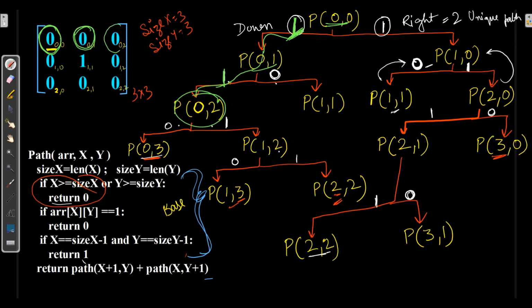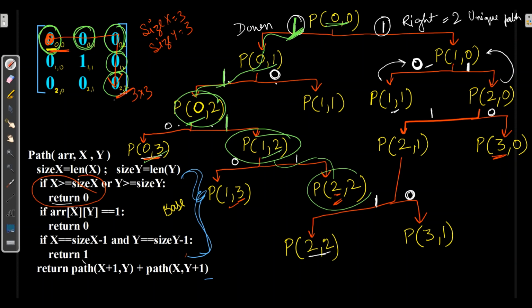So I will circle this path. Then choosing from 0, 3 and 1, 2, there is 1 for 1, 2. So I will circle 1, 2. Then there is a 2, 2. So this is how there was one unique path going from 0, 0 to 2, 2.